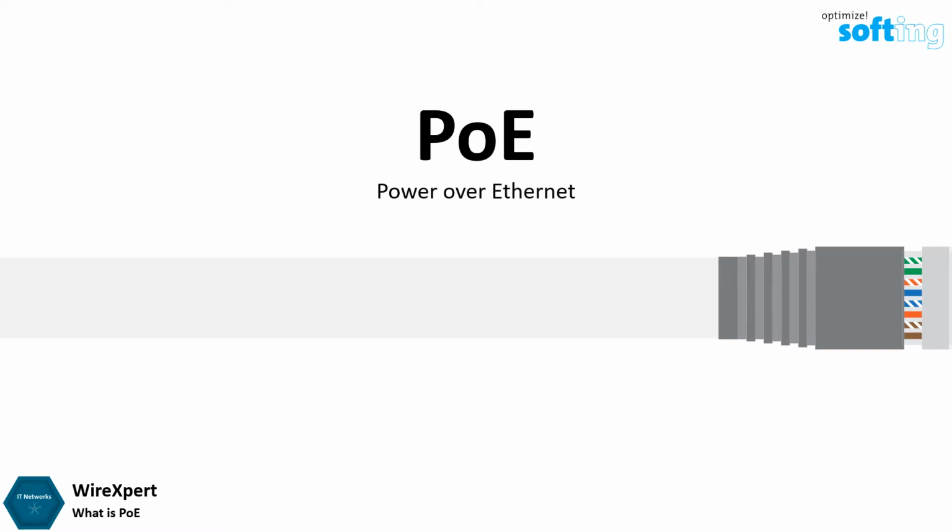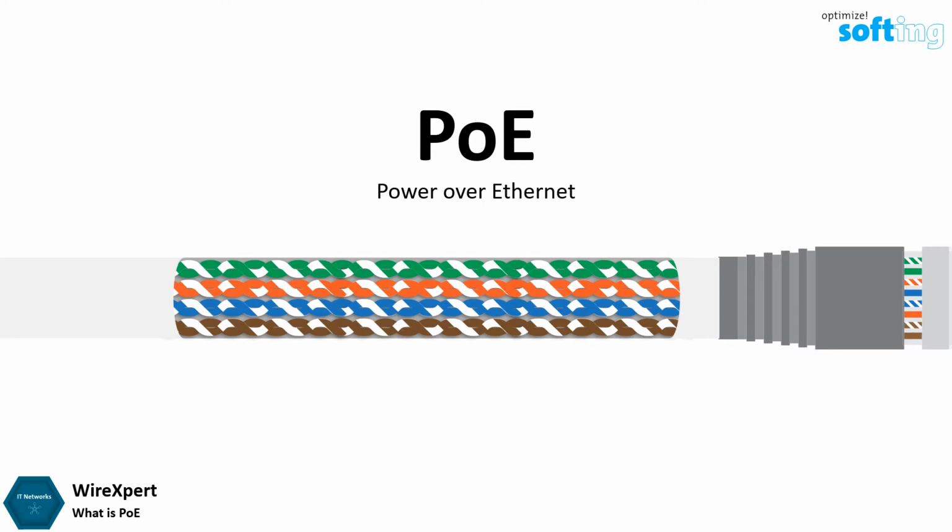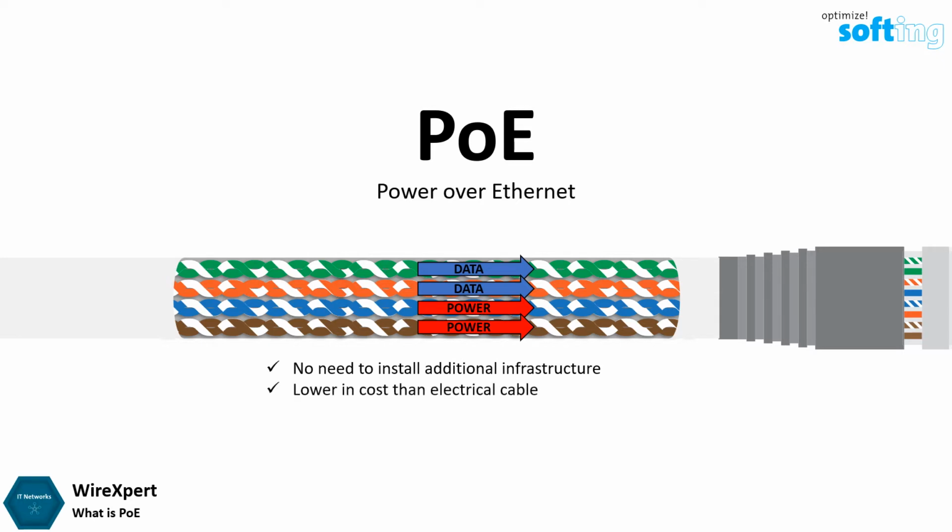It is a technology that lets a single twisted pair Ethernet cable carry both electrical power and data, saving the cost of installing additional electrical infrastructure or power outlets, and Ethernet cables are also lower in cost than electrical cables. Equipment can also be installed without an electrician because Ethernet cables are often already installed in buildings. PoE voltages are lower and safer as the highest is typically lower than 90 volts.